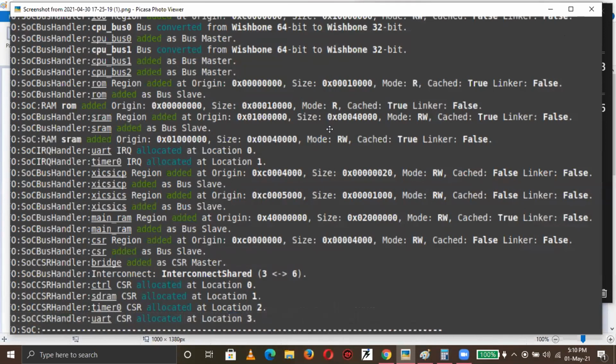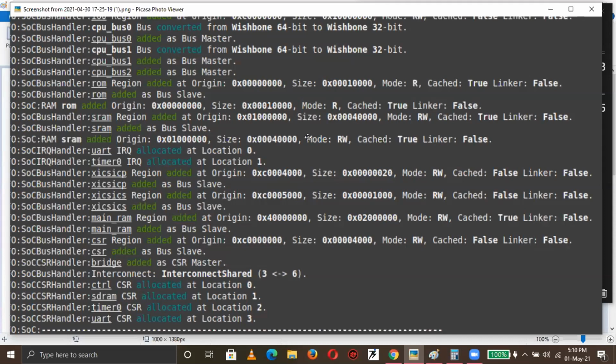Leave two statements and then come to the next statement. Then you see the line, I don't have the line number: RAM, SRAM. The origin started at 0x1 followed by all zeros. From that location, the size is 0x0004 followed by zeros.